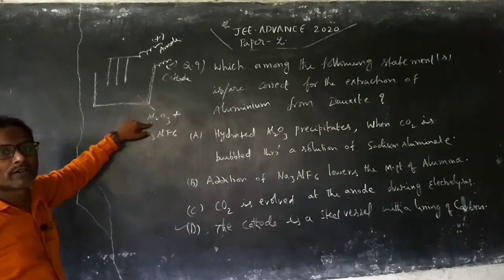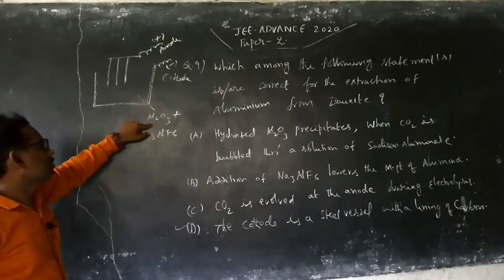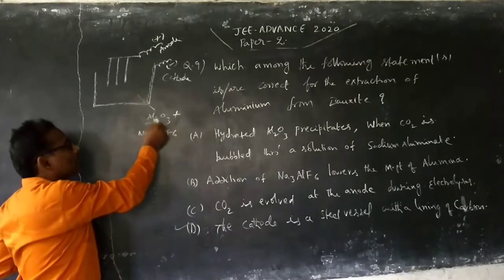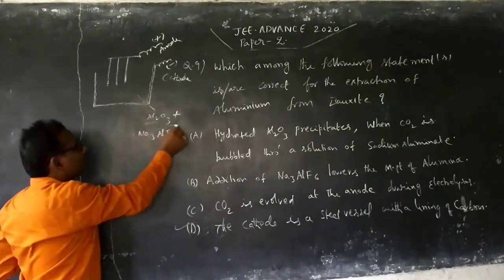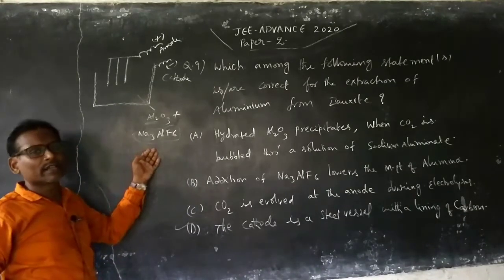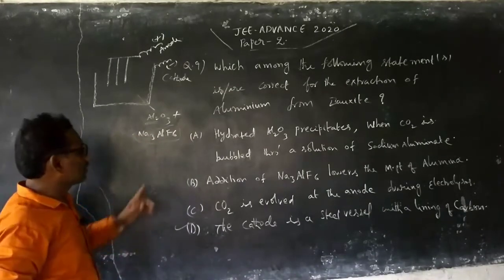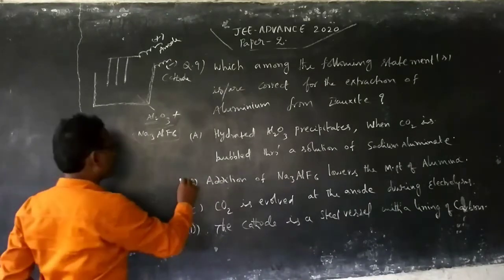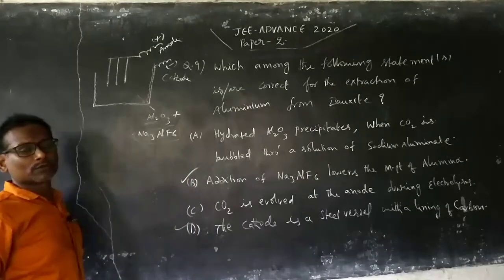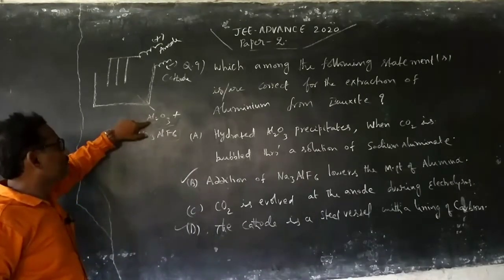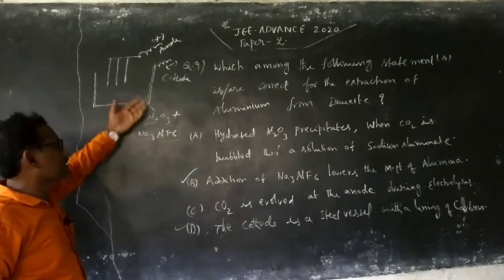It is one of the colligative properties. Like that, there is a decrease of freezing point. Otherwise, we can say the melting point of alumina is lowered by addition of this impurity. I can say this is acting as an impurity, but otherwise it also has its role in the reaction. So I can say addition of this Na3AlF6 lowers the melting point of alumina. It is also true. So other than decreasing the melting point, how is it involved in the reactions?